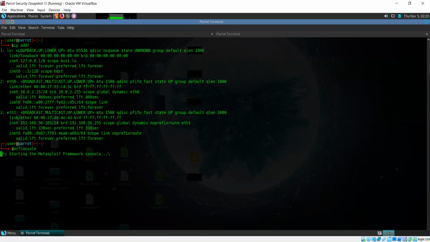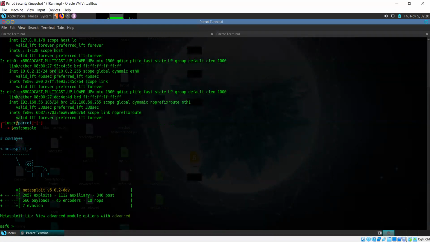Although for the purposes of this class, Metasploitable is the only machine that I will use Metasploit with. Others will be done manually. Okay, sir.